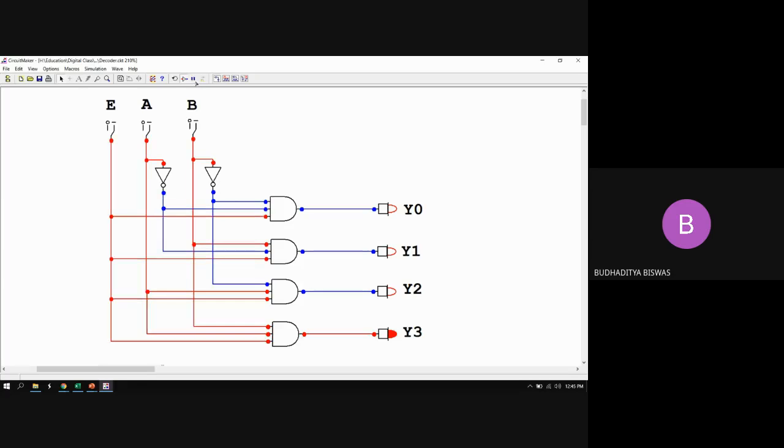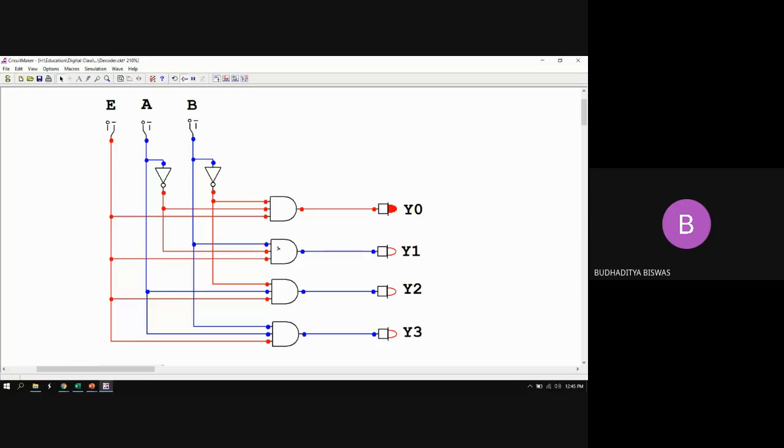Now just run the circuit and enable the gate. So it is already enabled. Now make A equal to 0, B equal to 0. Now you check here. Here the blue line means it's a 0 and red line means it's a 1. So you see there are 4 gates. Each gate has 3 inputs. Take the gate number 1, 2, 3, 4 and you see that gate number 1, all the inputs are 1. Okay, this combination is valid for gate number 1 only.